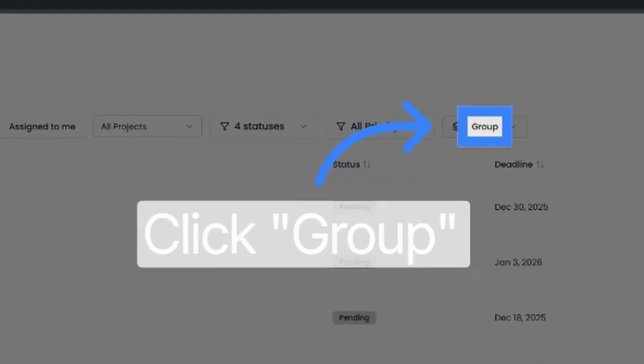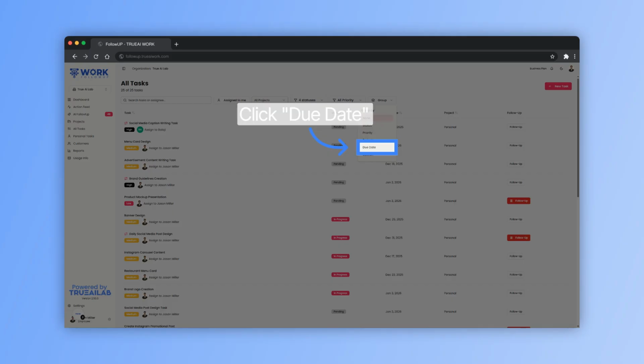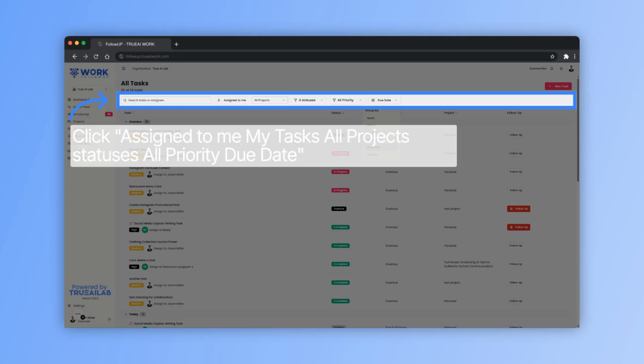Click the Group filter to organize tasks by specific criteria, which helps in categorizing tasks effectively. Click the Due Date option to group tasks based on their deadlines, making it easier to identify upcoming project due dates. Click the filters for Assign to Me, My Tasks, All Projects, For Statuses, All Priority, and Due Date to